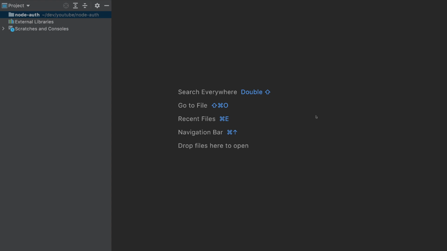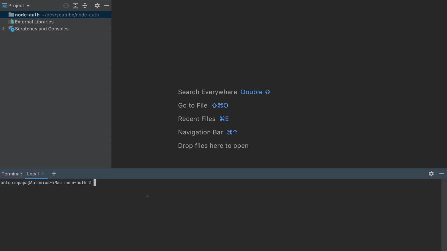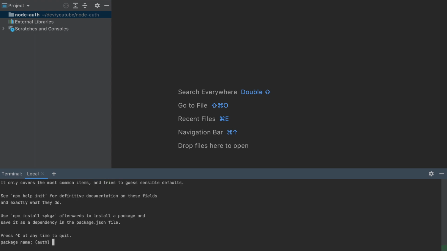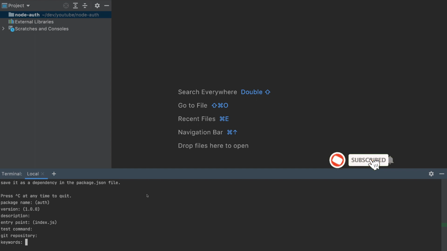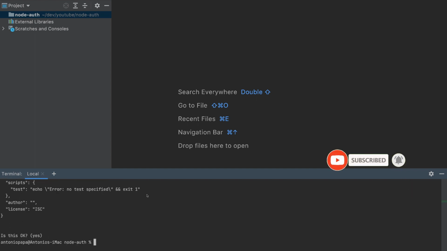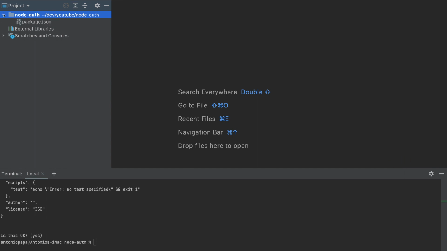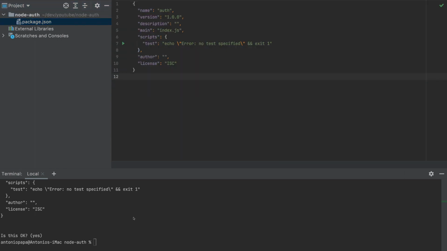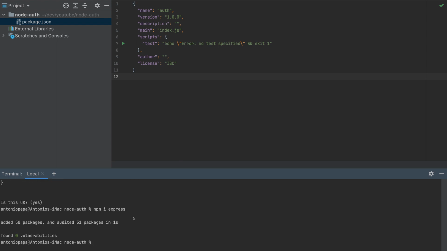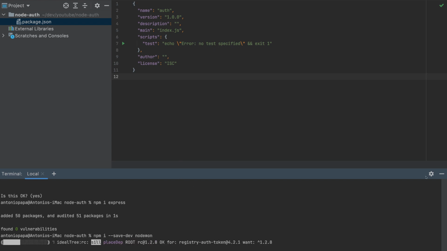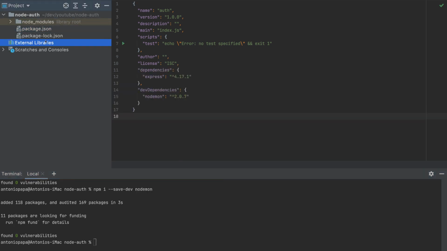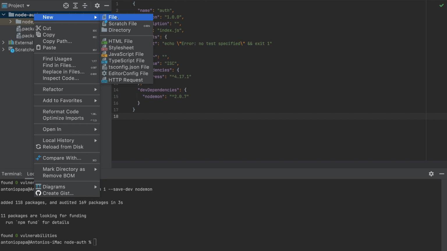So let's start by creating the app. I will open the terminal and run npm init. I will keep the default version for everything, and this will create a package.json. Inside, let's install some packages now. The first one is Express, and the other one is --save-dev nodemon. These packages are installed. Now let's create an index.js file,